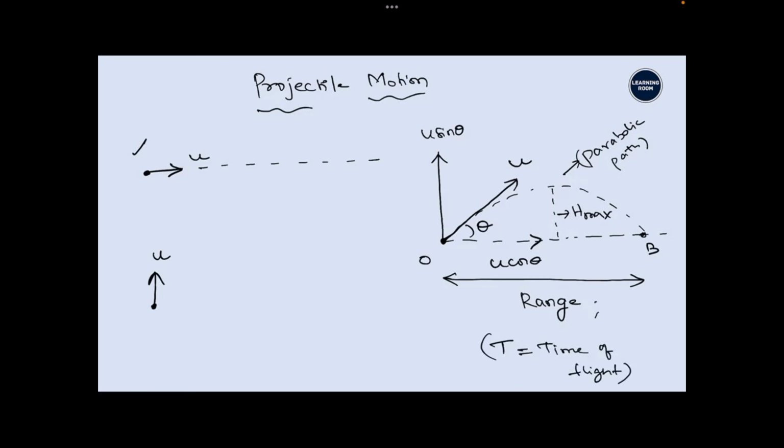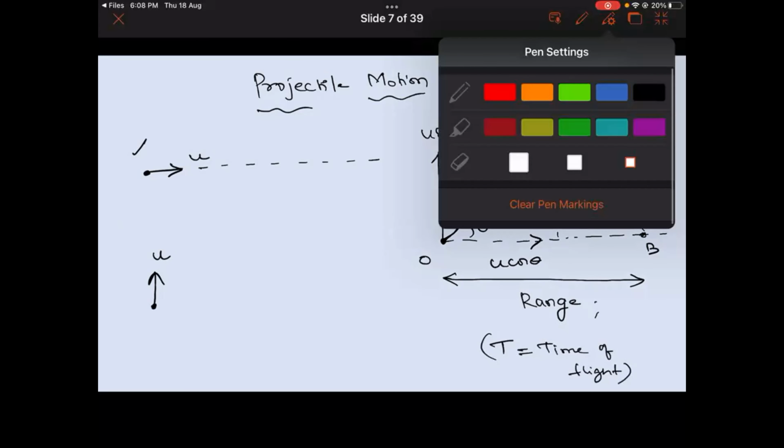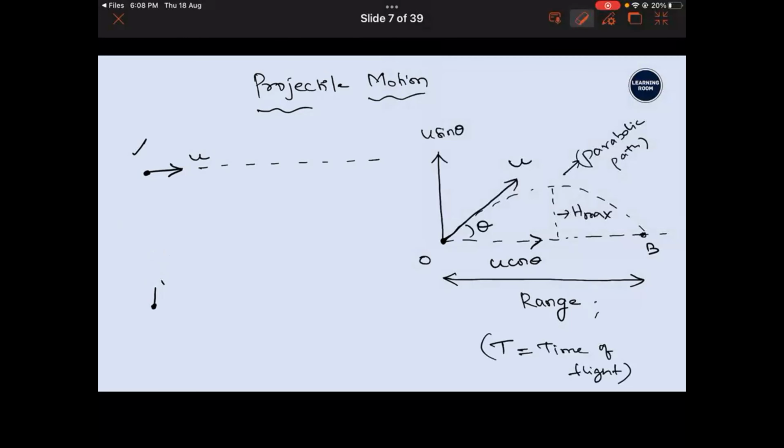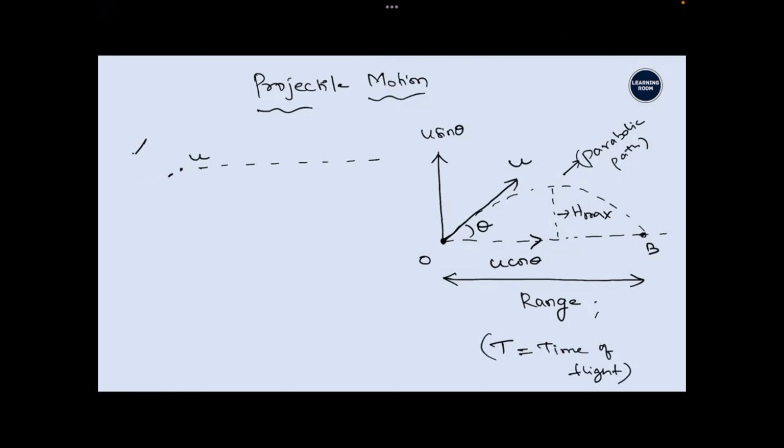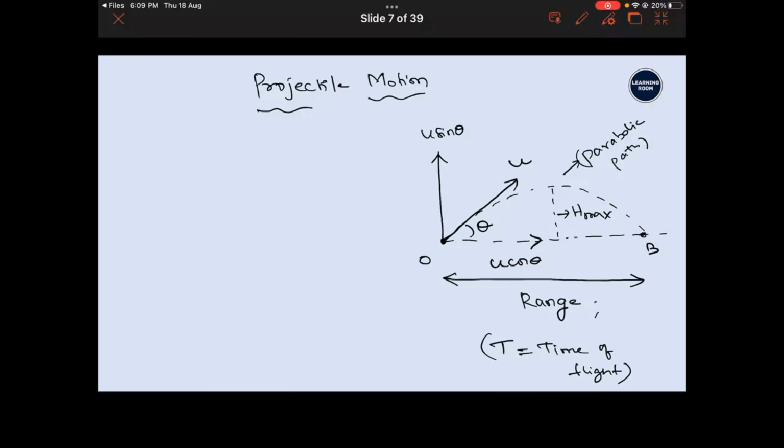So these are the three important parameters associated with a particle which is projected at an angle theta with respect to the horizontal. In this context, we are going to find out what those values are. Is that clear? So make a note of this diagram first. Range is the maximum horizontal distance traveled by the